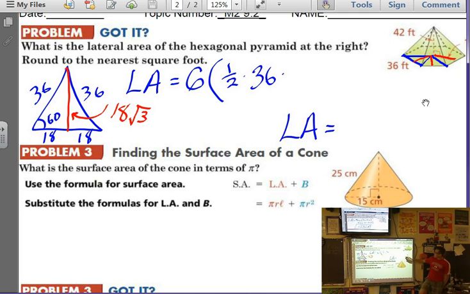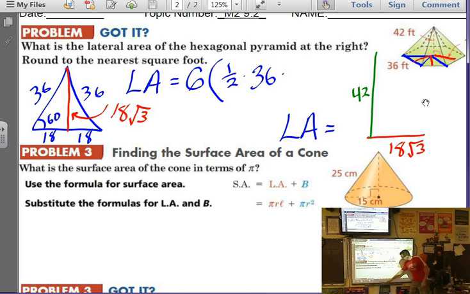If you take the square root of the answer that Lynn had, that's 6.4. So where I was trying to use the 18 root 3, I'll explain where my head was. The 18 root 3 is going to be a leg of your right triangle. The altitude is 42, given to us. The slant height is what we need to solve using our 18 root 3 and our 42. So we have to use the Pythagorean Theorem because we don't know anything about the pitch of our edges here. The slant height is